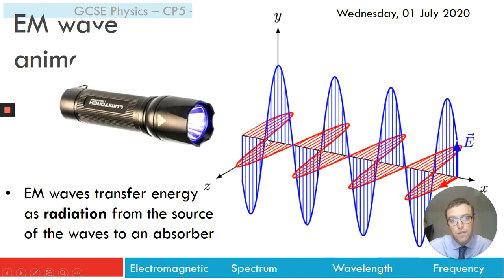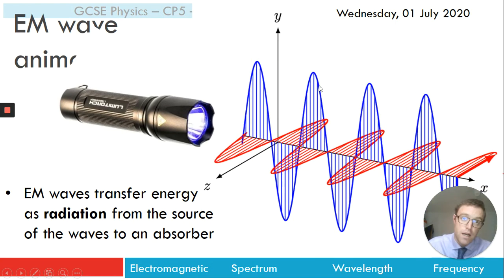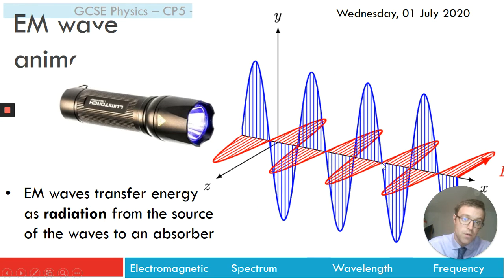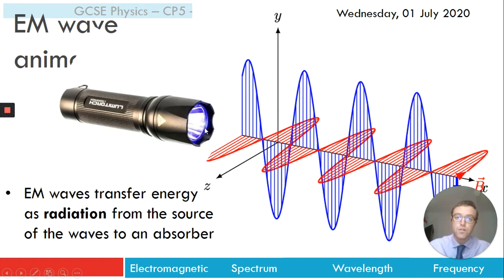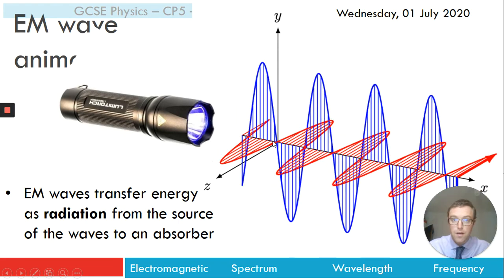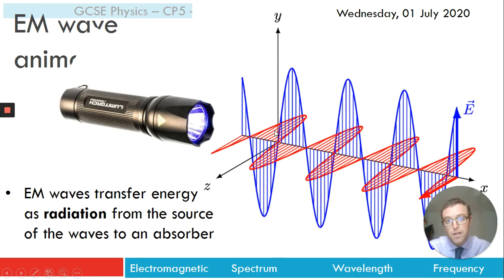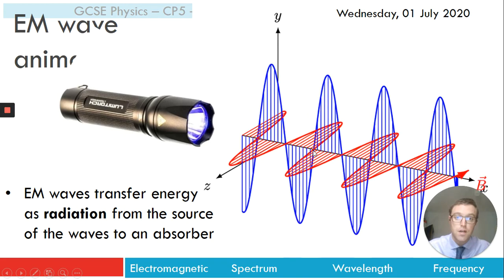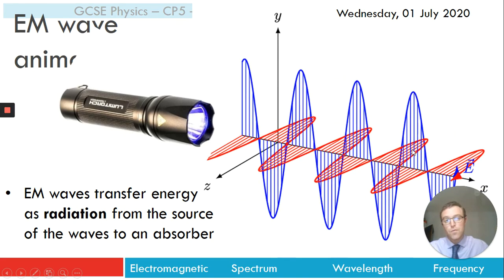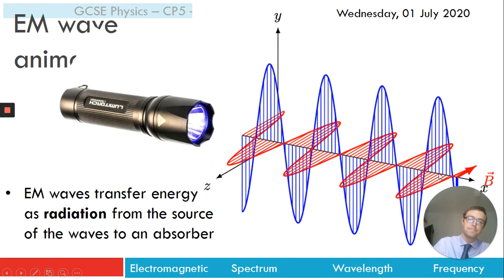So it's 90 degrees to each other, and they are also at 90 degrees to the direction the wave is moving in. So this wave is coming out of the torch and coming away from the torch. But the oscillations or the vibrations in the electric and the magnetic field are at right angles to each other and to the direction of wave movement or propagation. Okay,